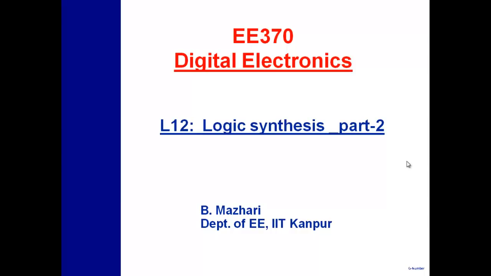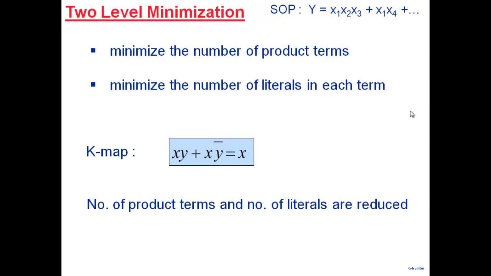All right, so we continue from where we left off. We were looking at two-level minimization, in the sense that our Boolean expression is in the form of sum of products. The goal of minimization is to minimize area and delay, and at the Boolean expression level, it translates into minimizing the number of product terms, and also, within each product term, minimizing the number of literals. All right, so these are the two goals